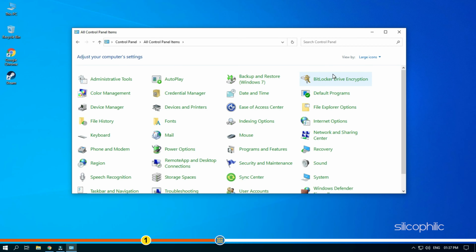Click on Programs and Features. Look for Steam among the listed apps and click on it. Select Uninstall. Now, just follow the on-screen instructions to uninstall it.